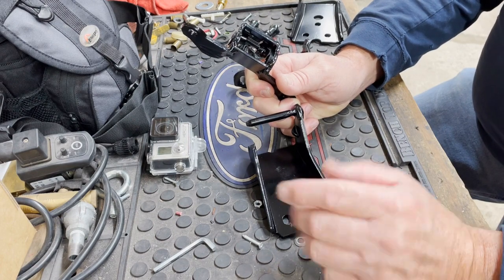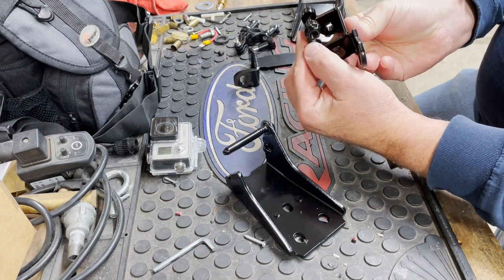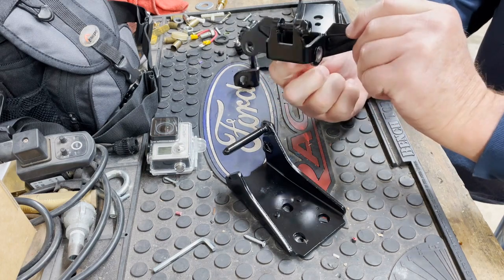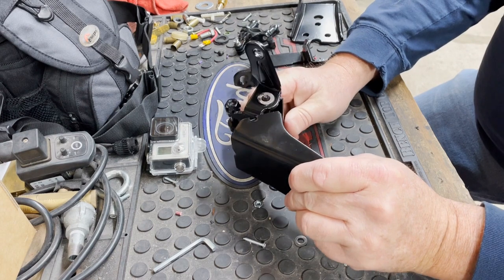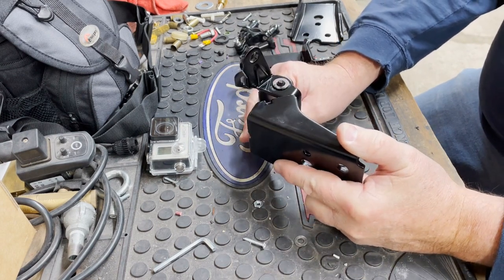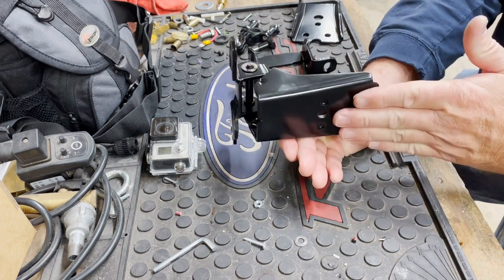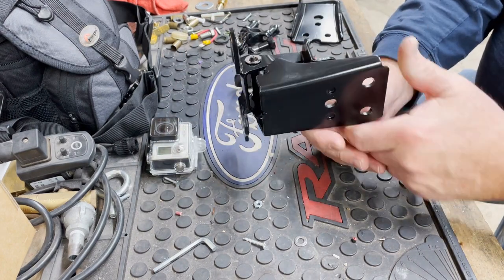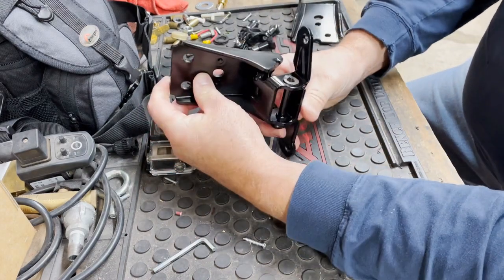But yeah, so what happens now, oh, and you see I put a nut on it right here too. So what that is, so this goes together like this, okay? So when it's closed, when the door is closed, it sits on the pillar. This bolts to the door, and it sits like this, okay? See that? Now, as you can see this nut right here,